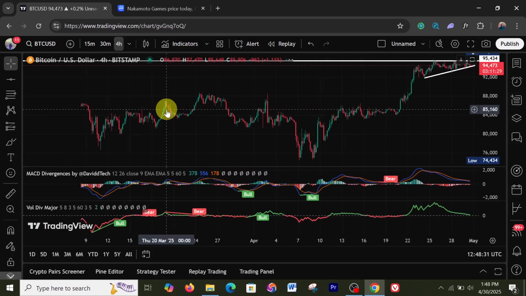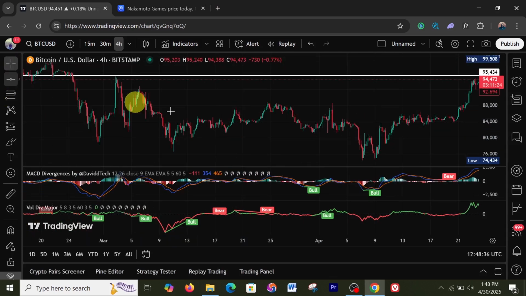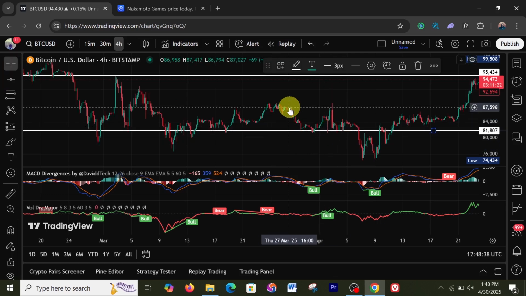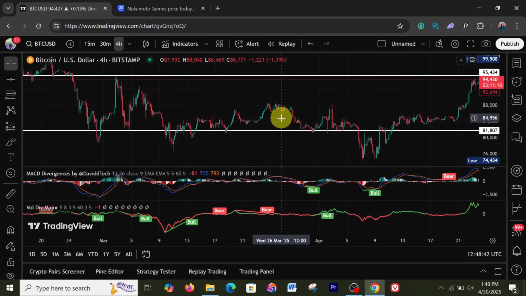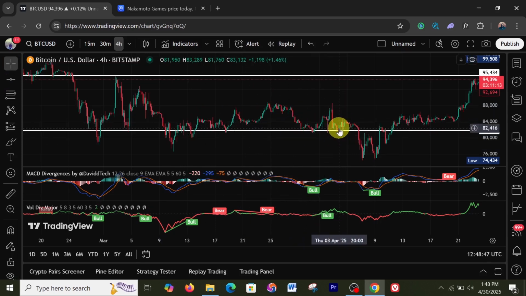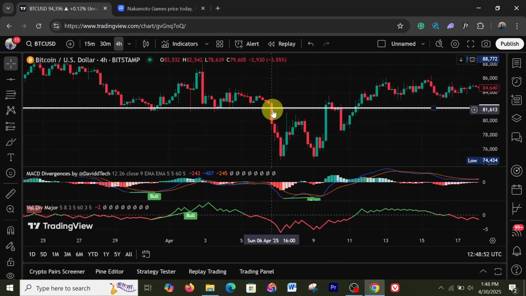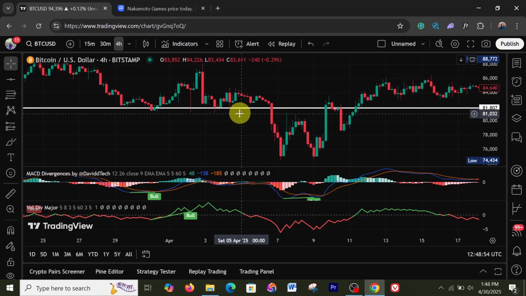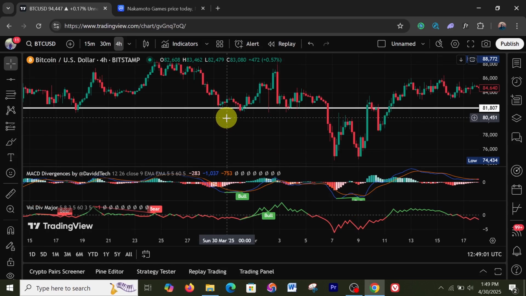Let me give you an example. Take for instance, you were looking at this, and just because it had been touching, you were thinking there's a possibility that it was going to go to the upside, and so you decided to buy at this area of support. The moment it breaks, your stop loss should be below the area of major support. That's the best area to place it, or you could place it at an area of order block,